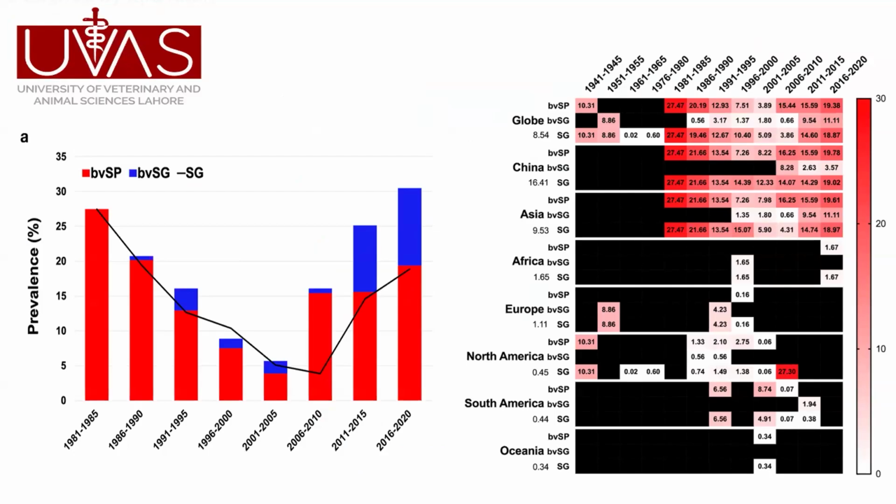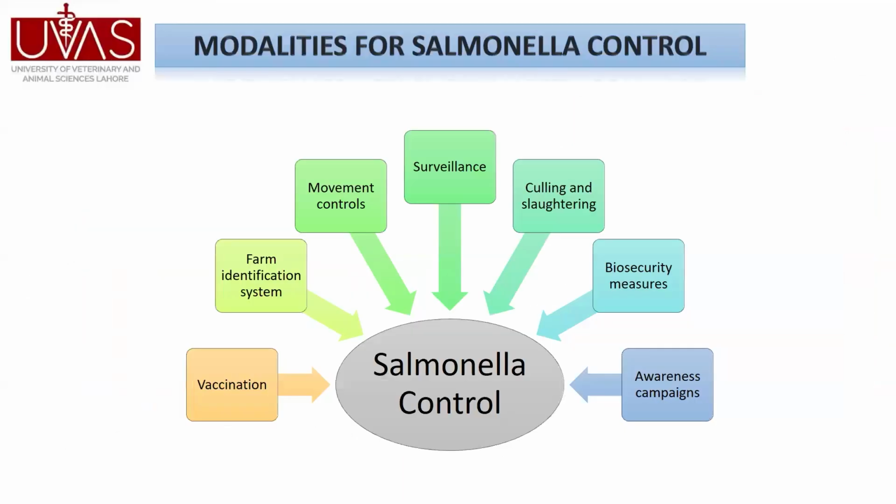So we are seeing more Salmonella Gallinarum in those countries where Salmonella is present. We are seeing more Gallinarum as compared to Pullorum for some reasons which we are not going to discuss here. So keeping in mind that Salmonella Gallinarum is the pathogen of the future as compared to Pullorum, we have designed